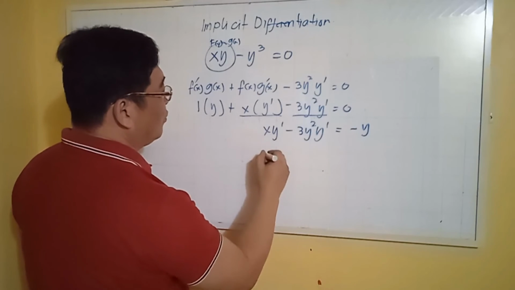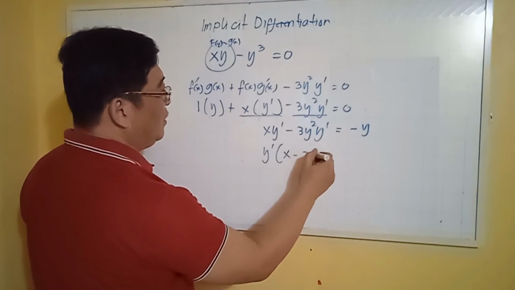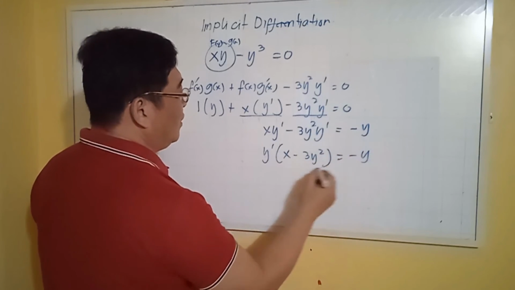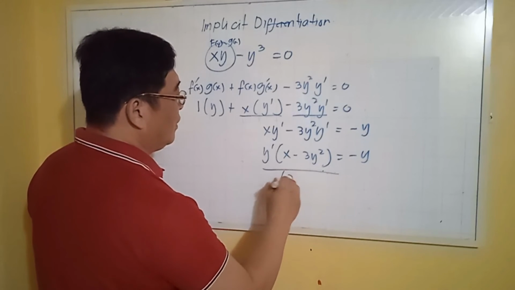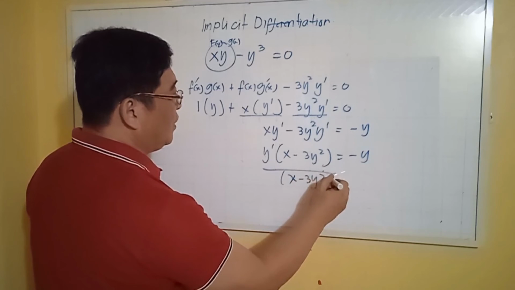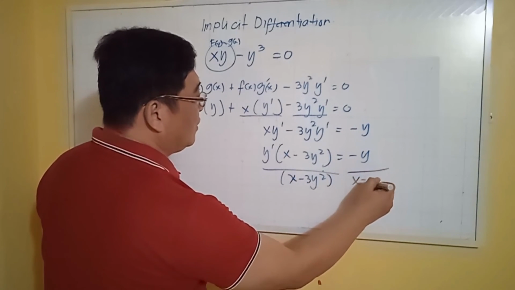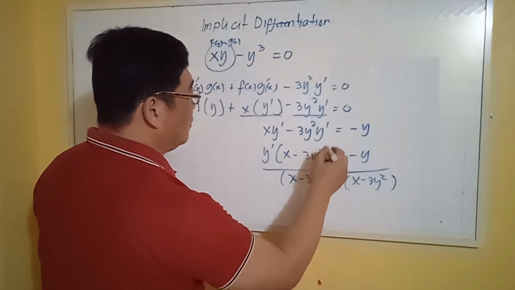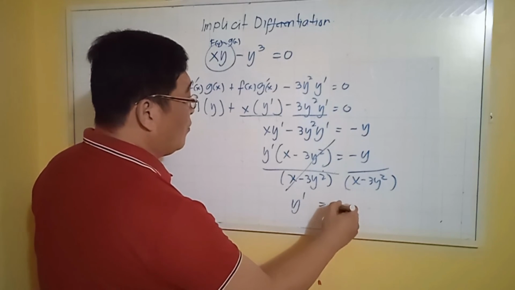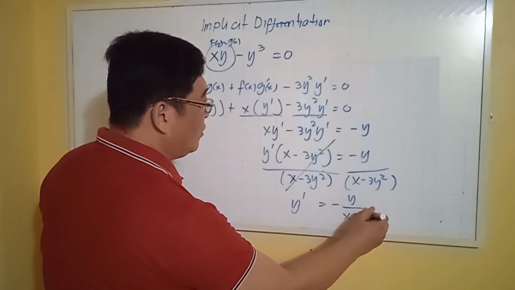And then common factor, yung y prime is equals to x minus 3y square is equals to negative y. So divide by x minus 3y square divided by x minus 3y square. So cancel, matitira dito is y prime is equals to negative y over x minus 3y